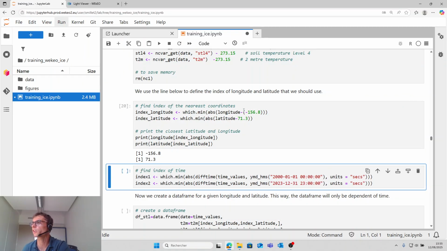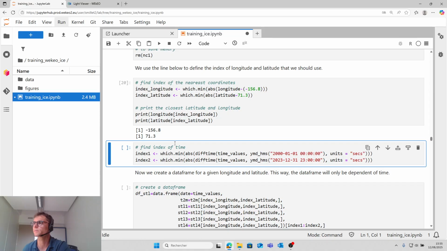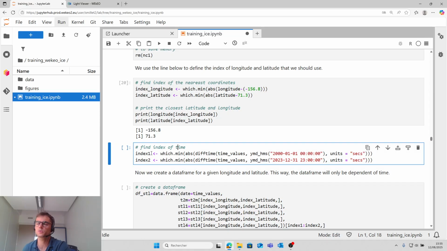So the nearest, it is exactly the same coordinate. Here we find the index of time, so to have the index of time between these two dates.